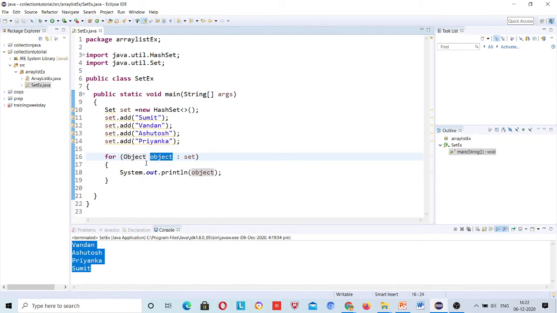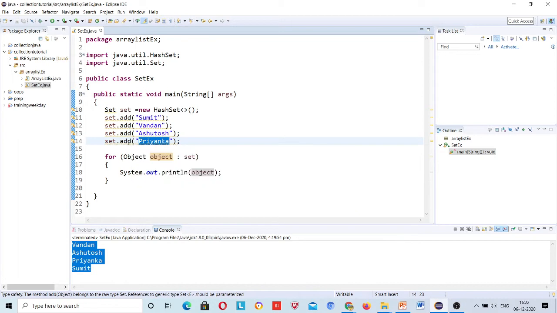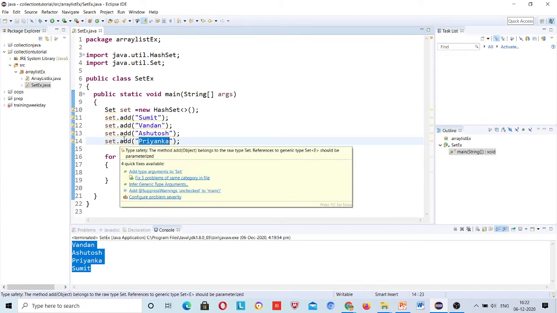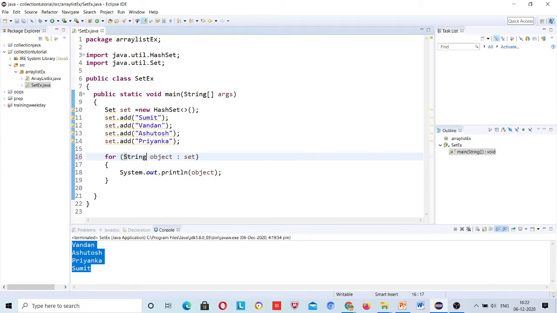Now see, if you look carefully here, Sumit, Vandan, Ashutosh, Priyanka, all these four values are in what format? String format, right? So can I use String over here? Let's try that, because these values are all in string format.